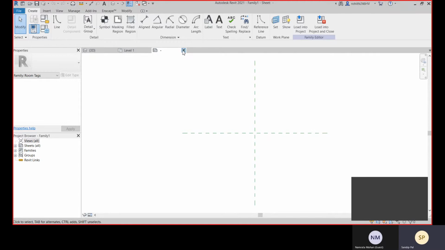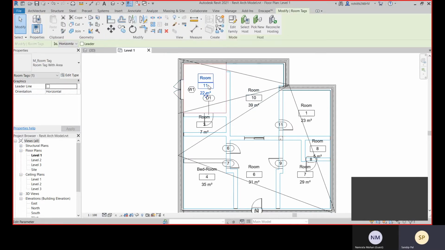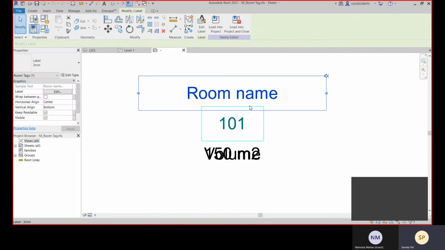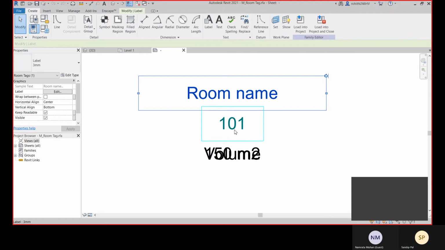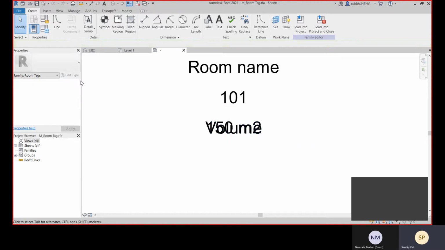There you can start creating your own separate one. Here I'm not going to create this one, so what I'll do is go to this edit family and edit this family. Go to this edit family, and there you can see this is a label. You have placed this label, and this is also placed. Here you can see this volume is also there, and there is another, that is area, this 150 square.